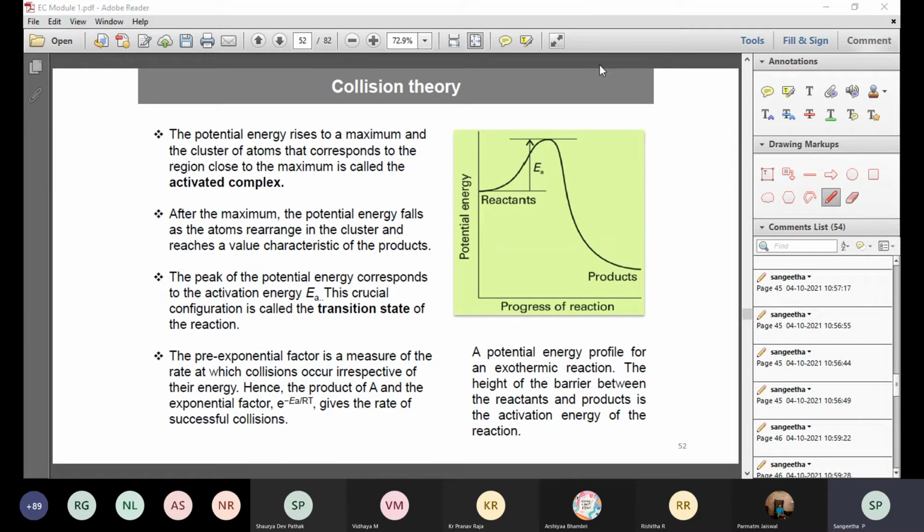Suppose I give you one equation, you should also be thorough with the terminologies. Suppose I just give you y is equal to mx plus c, or else I give you the half-life equation T half is equal to 0.693 divided by k. So if I give you certain things, you have to be thorough with what is T half, what is k, what is m, what is n, if it is going to be the order.